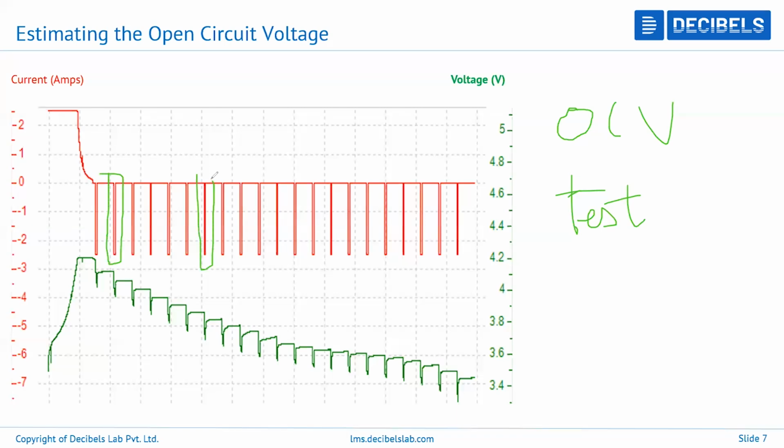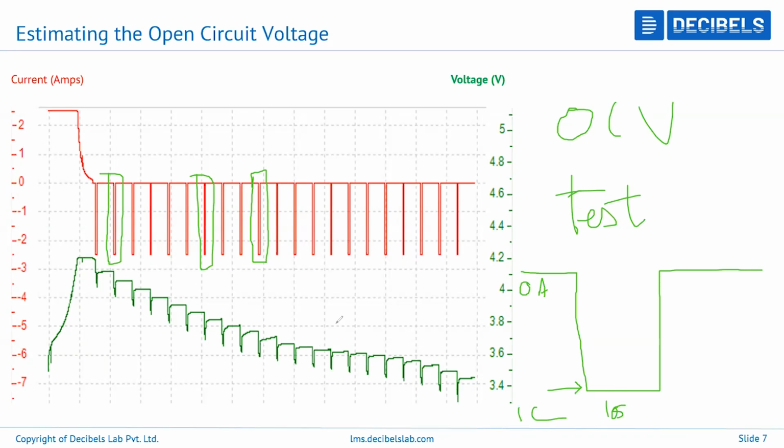These are all current pulses of the same magnitude, for the same rate, for the same cell, for the same time. If you observe one single current pulse, it will look like this. If this is your 0 amps, then this will be at a particular load, say for example 1C, and then this will be for 10, 15 or 20 seconds, depending upon your testing requirement. You regularly keep on discharging these cells at regular intervals, and then you get a complete